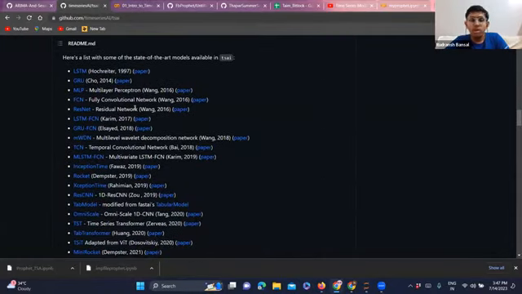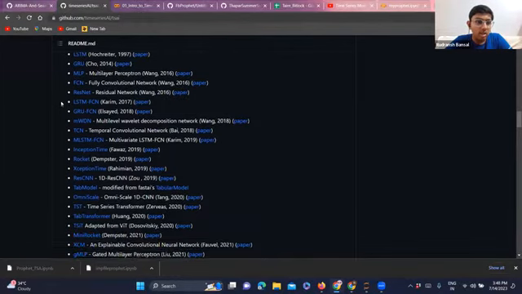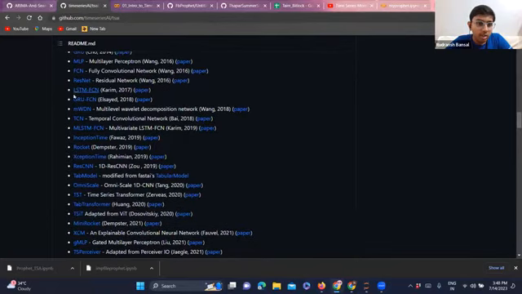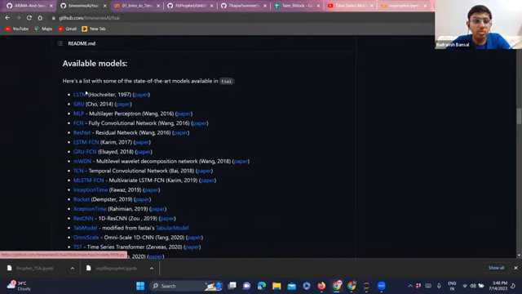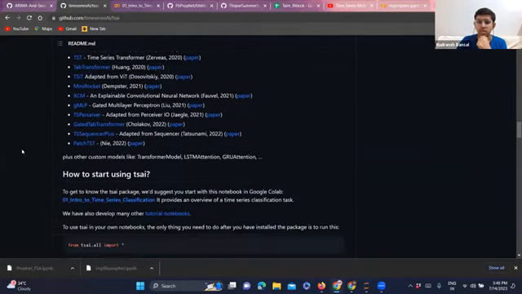So these are some of the available models. You can see the LSTM model, long short-term memory. Some of you might be acquainted with this model. The GRU model. This is, as you can see, a combination of two models, and so on. Generally, you can get work done by simple models, but if you want more accuracy, you can go with a combination of models, just like you go with the random forest, just like you go with ensembling. Similarly, we can use a combination of models to get a result.